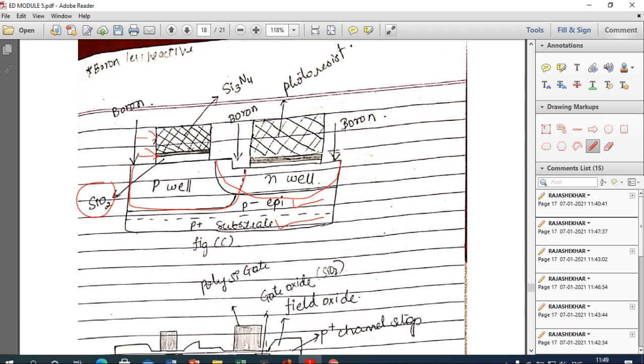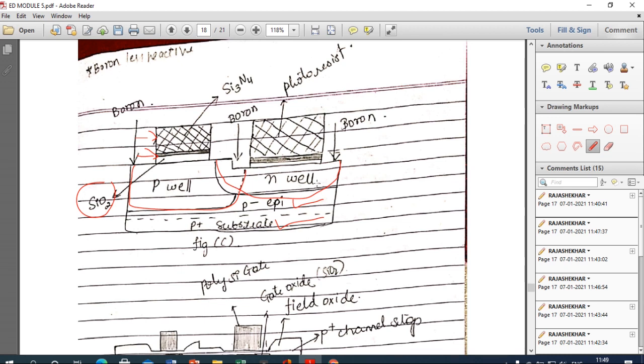We are showing them directly because these three are obtained directly from oxidation and implantation. Now the impact of boron and phosphorus is to create the P-well and N-well. So we got the P-well and N-well.